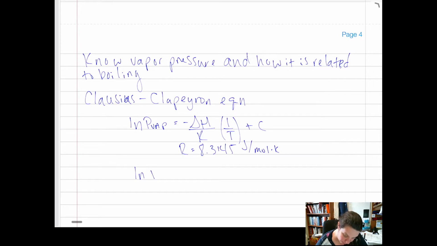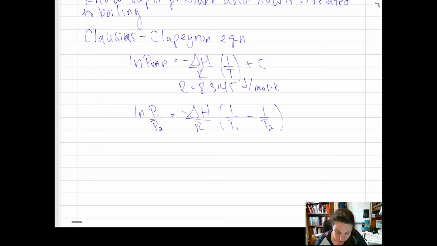ln P1 over P2 is equal to negative delta H over R times 1 over T1 minus 1 over T2. Again, your P's are going to be your vapor pressure, your delta H is going to be your enthalpy of vaporization, your temperatures are going to be in Kelvin. And pay attention to the units here. Okay? So be able to use that equation, be able to draw a phase diagram,